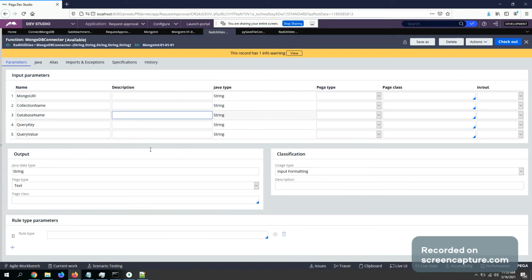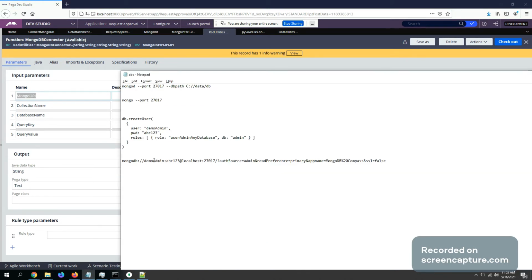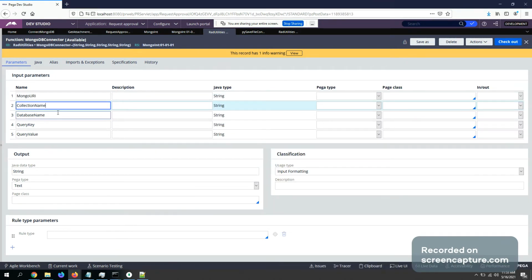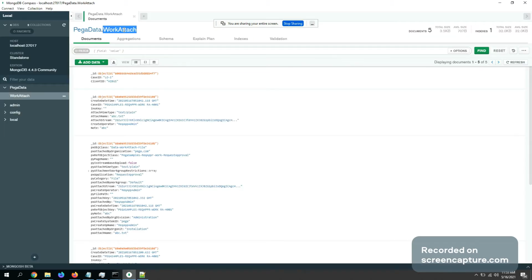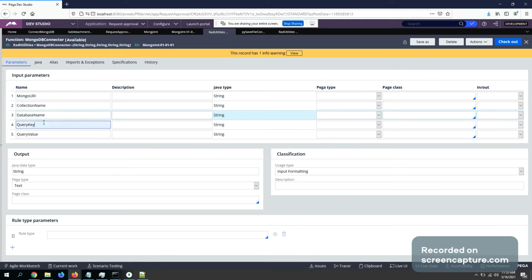It needs the parameters: the Mongo URI, the connection string, whatever I just showed here, and the next one is the collection name. In my case it is work attach, and the database is Pega data, and what to query: the key and the value. What record to query, and the value of it. Exactly what records you want.